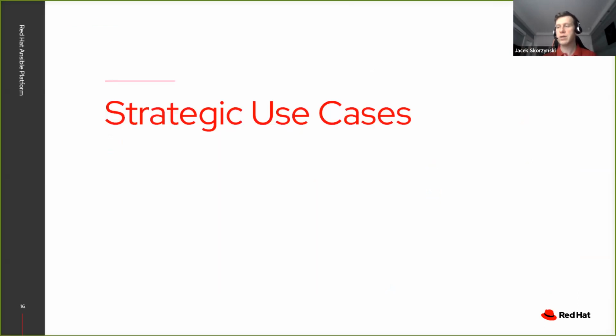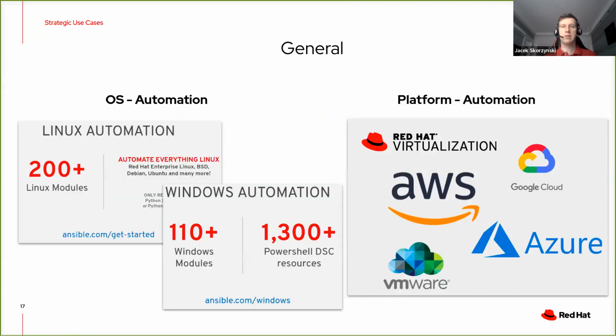So what are the strategic use cases for Ansible? And we've got some. With the content we already provide with automation platform inside Automation Hub, we can talk about dedicated use cases or strategic use cases for automation platform. Here you've got the general ones. So the OS automation, platform automation, and underneath there are a variety of choices, a variety of platforms,